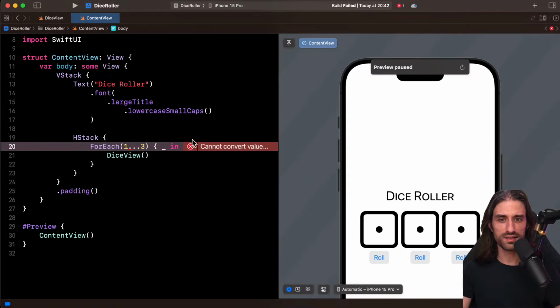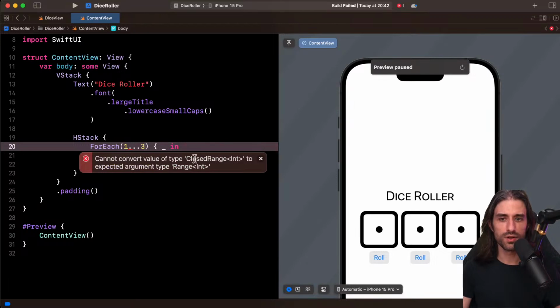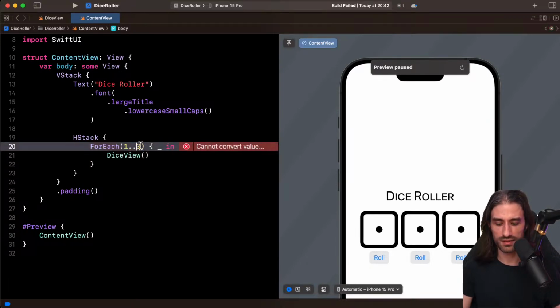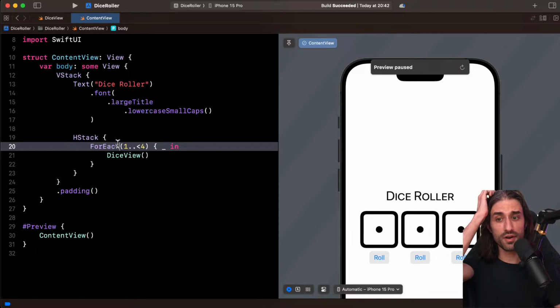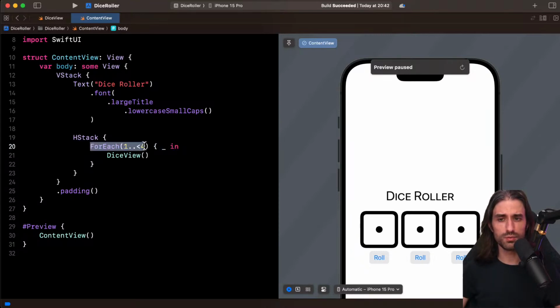So we have an error that says cannot convert value of type ClosedRange<Int> to expected argument type Range<Int>. So actually, for ForEach, it seems that you don't need to be Identifiable. You just need to be Hashable, and integers are Hashable by default.